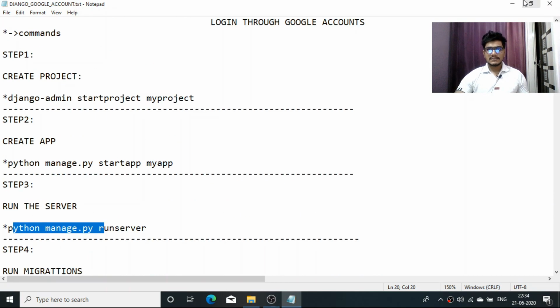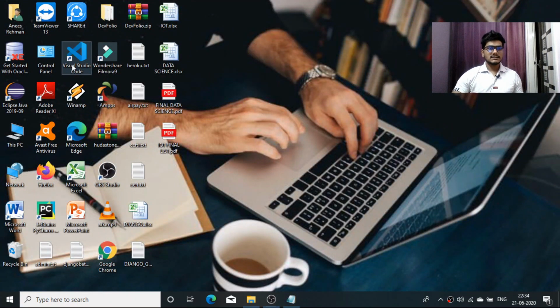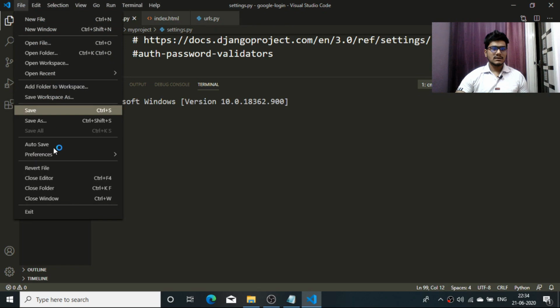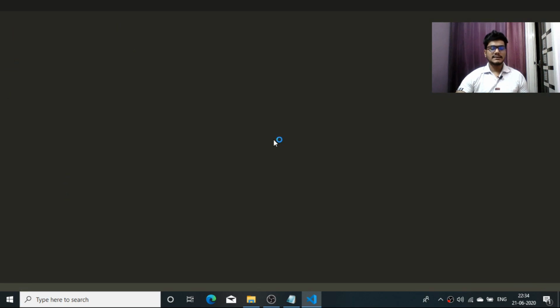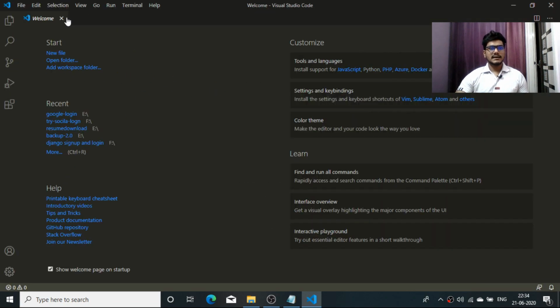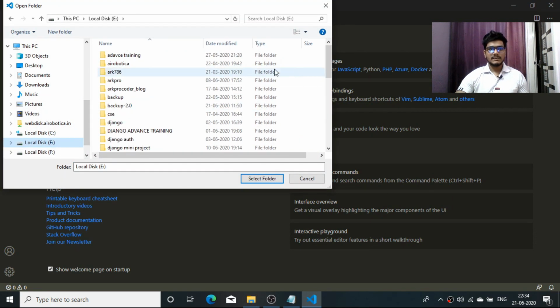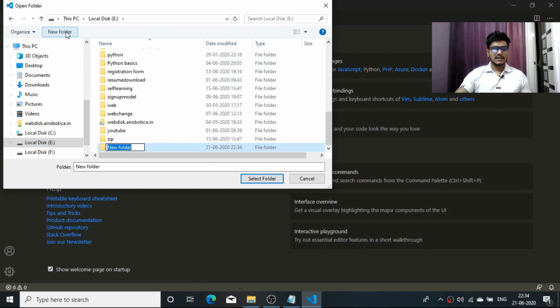So basically let's start the project now. You can start the project in Visual Studio Code or inside your PyCharm IDE. I will be creating the project inside my Visual Studio Code itself. Just close the folder you have opened, then create a folder, and then you can run the commands. Just open a folder. Inside my E drive I will be making the project, and I will give the project name as Coding Thunder. Okay, I created the folder, Coding Thunder. I will select that and open it.